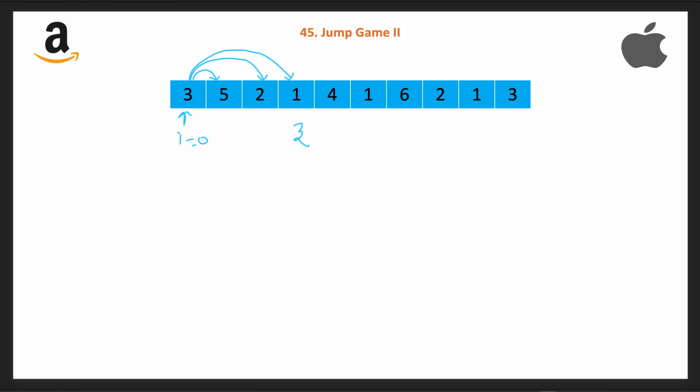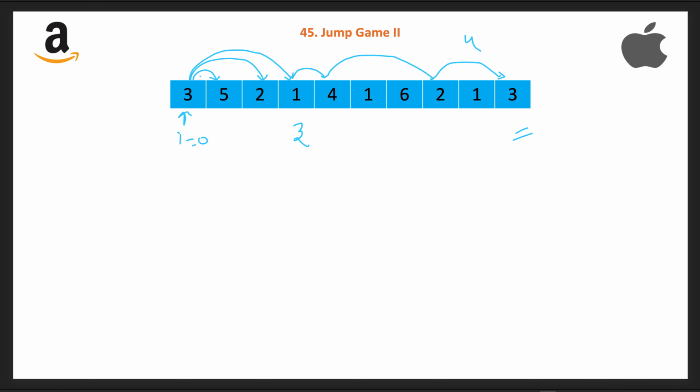So these 3 jumps we can make from index 1 to 3, but one way is we can blindly take the maximum every time. If we take the maximum, we reach over here, then here we can go only 1, and from here 4 over here, then from 2 over here. So we need 1, 2, 3, 4 jumps if we take the max every time to reach the last index.